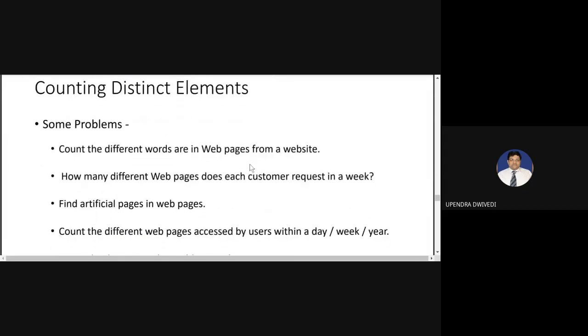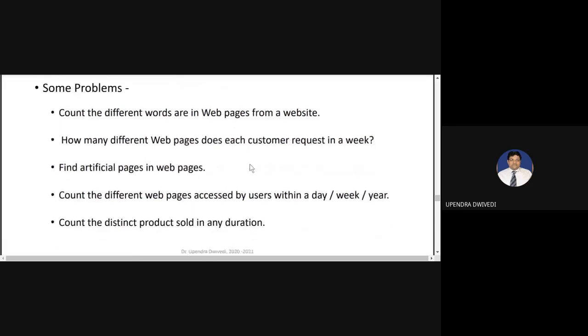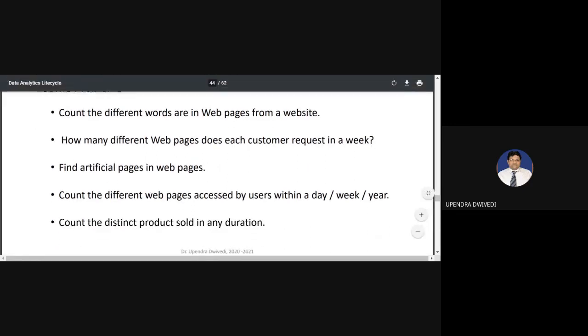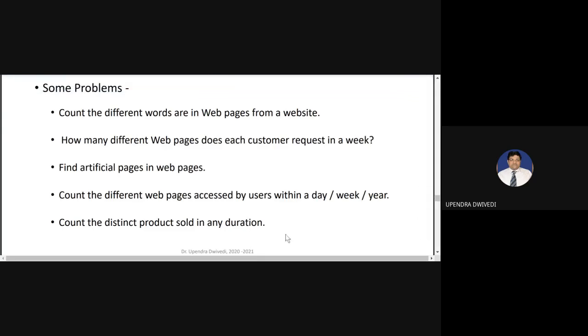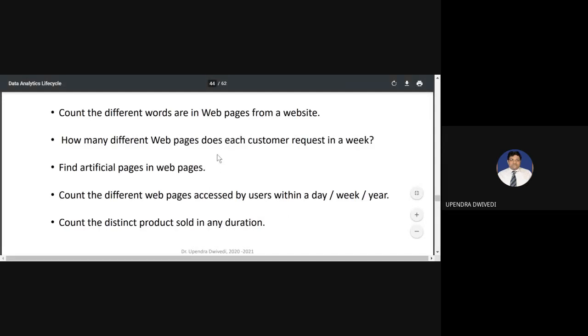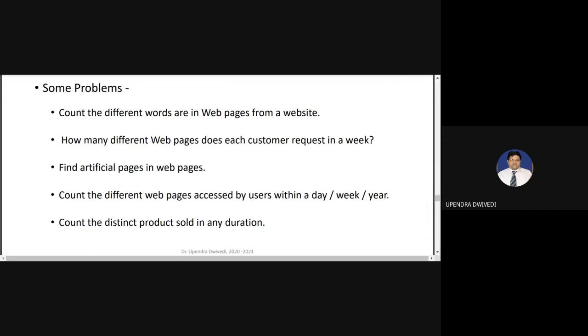Now, let us go to the next topic, counting distinct elements. Before going to that, please go through these problems and provide a one or two line solution. How can you tackle these problems? You can unmute, and you can also use the chat box. I'm expecting at least 4 to 5 responses from your side.